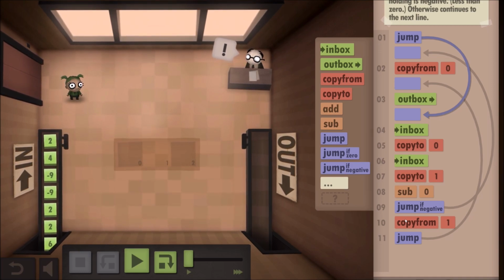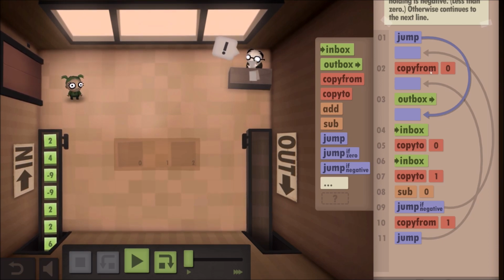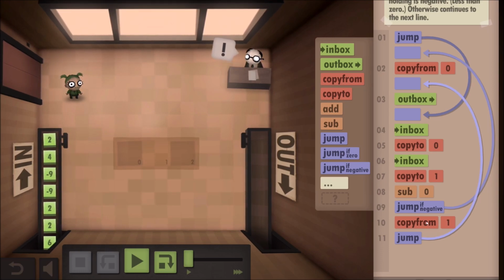And it puts it in your hand. So I can't get rid of one of these copy froms, because no matter what, you're not holding the right number in your hand. You're holding the subtraction in your hand. So you still will have to copy from either 0 or 1 to outbox it. So I need both these copy froms. There's not really a question about that. Maybe I can do...